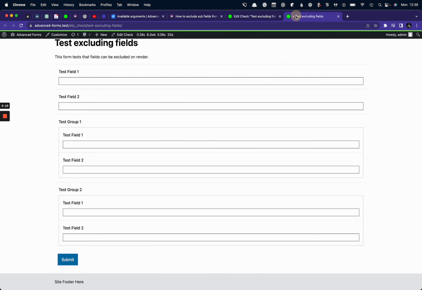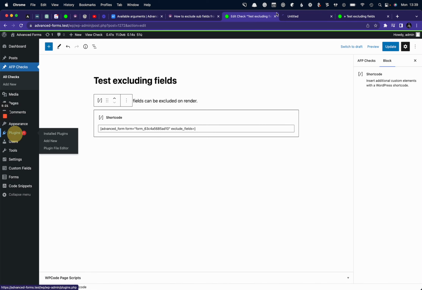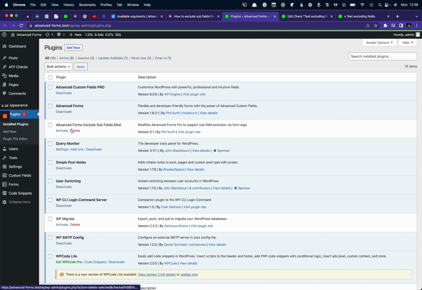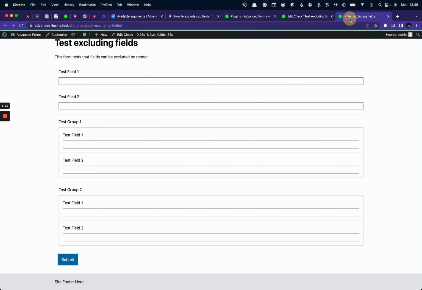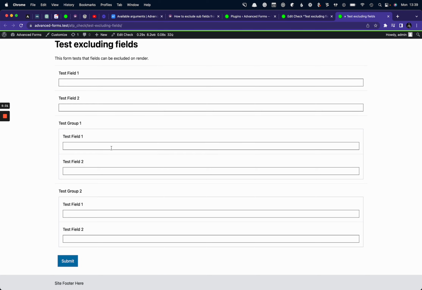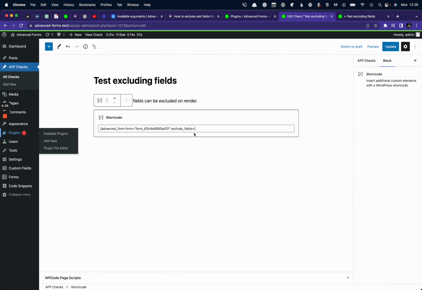I'm going to come over to our plugin screen. I'm going to see that we've got it here. I'm going to activate it. Okay. Now, reload this, make sure it's still unchanged. Nothing's changed there. All right, now what I'm going to do is go ahead and exclude